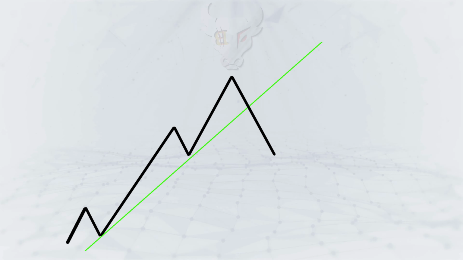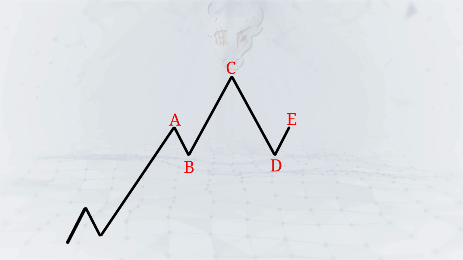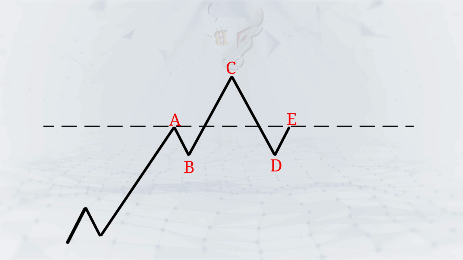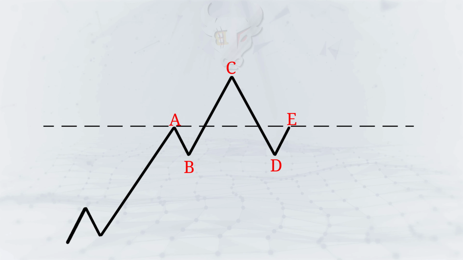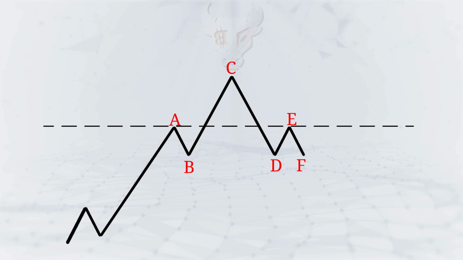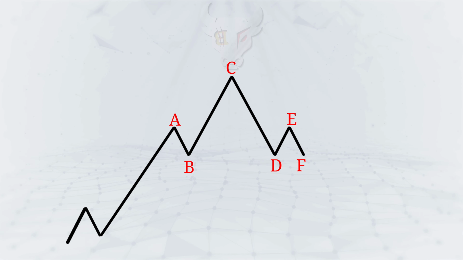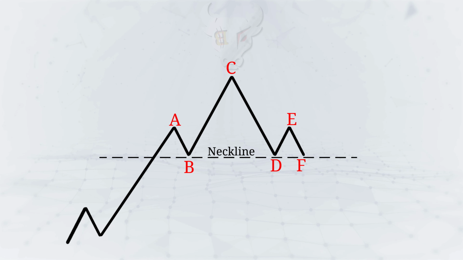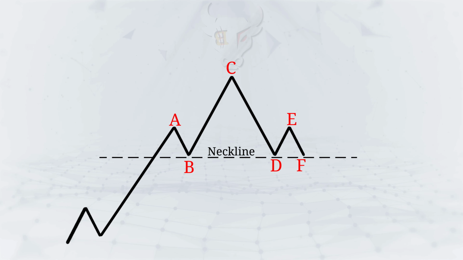In the second step, the price moves a bit higher but can't reach the height of the previous peak, but stops around peak A. And if we take a look at volume, we will notice that this peak took place with low volume. And then price moves downward with high volume to the point F. So the second alert of a possible upcoming downtrend goes off and the right shoulder forms in this way. And now if we connect points B, D and F, this line will be called the neckline. So until now we have witnessed the formation of two shoulders and the head, and we also drew a neckline.